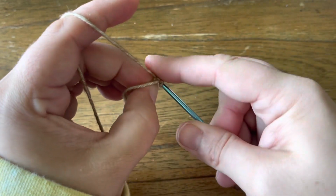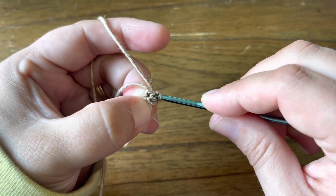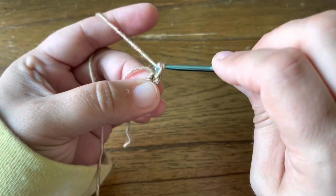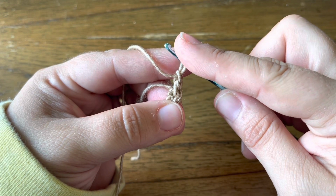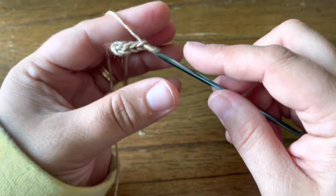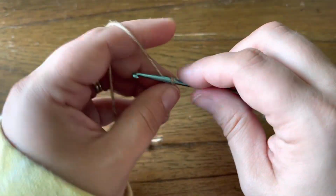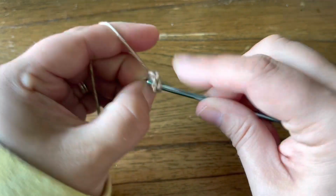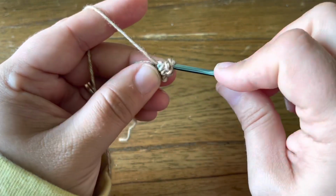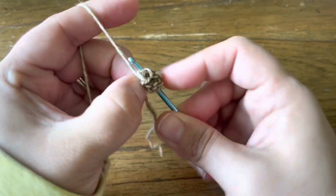And then straight into my ring, I'm going to make a beginning double crochet. So I'm going to go straight in with the single crochet, no chaining up, and then chain 1, and that's our first double crochet of the round. And then I'm just going to make 2 chains for my corner, and then 3 double crochet in the center, and that's going to be our repeat. Will be 3 double crochet and then chain 2,